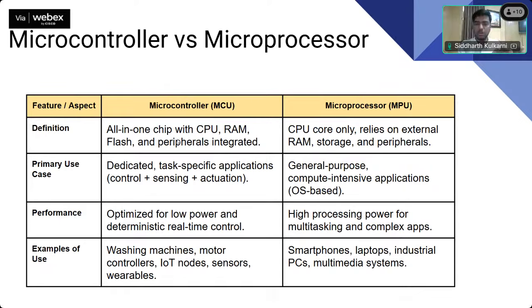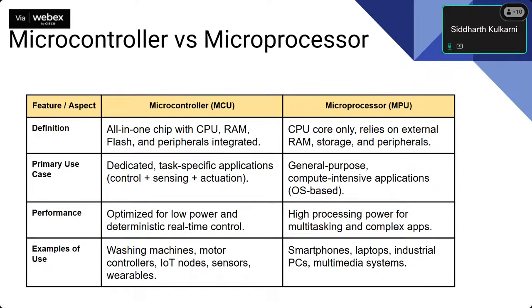So whenever you want to work on a smaller context, a microprocessor will always be costly in most scenarios. There might be some exceptions, but in most scenarios, microprocessor implementation will be much costlier than a microcontroller. Now, the second point is that microcontrollers can be used for task-specific things, while a microprocessor is more general purpose,